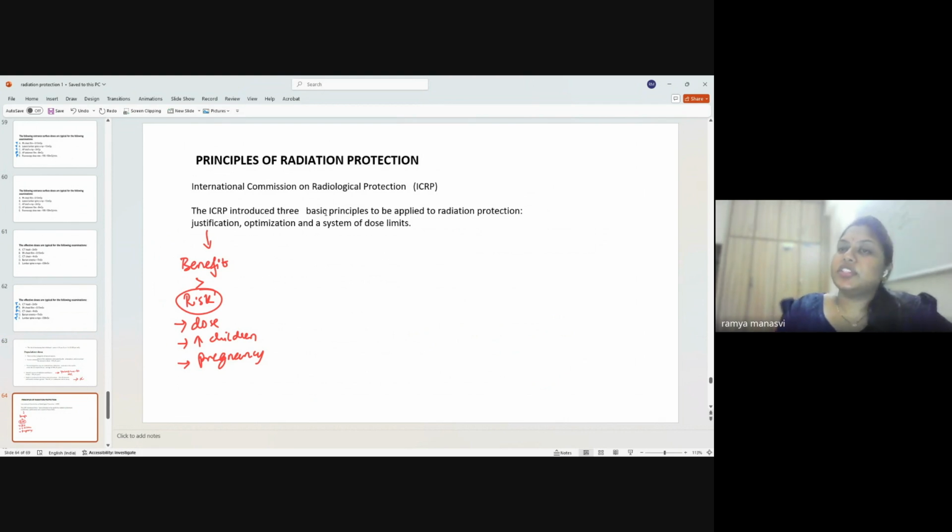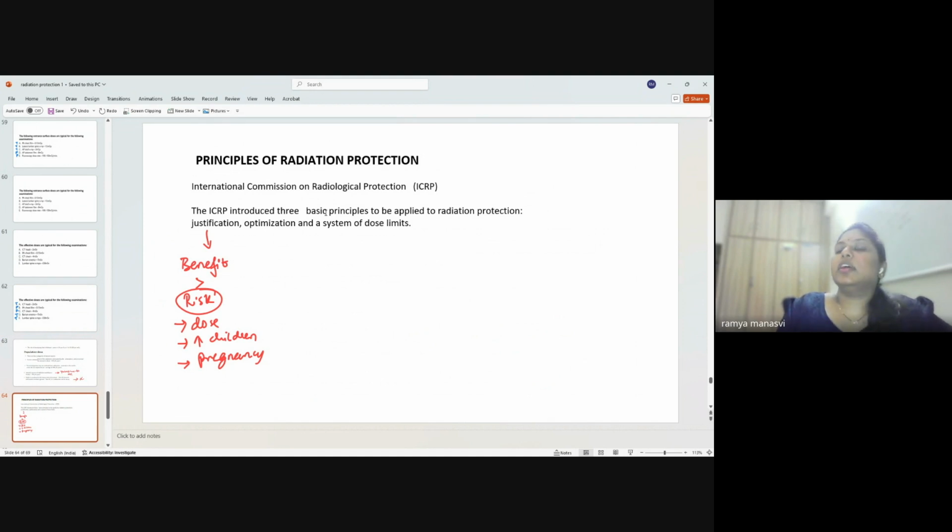Okay, so what is justification? Justification is if there is more benefit than the risk of what we are doing, we are justifying that this is very essential for the patient to get it done. We have to do this examination because the patient is not having a proper diagnosis, and it depends on his life and death issue. So there should be more benefit than the risk that the patient is